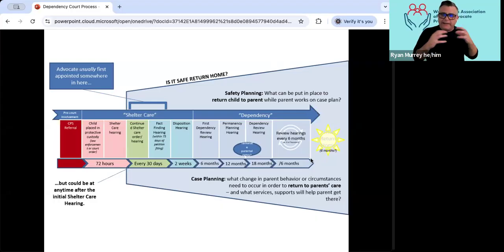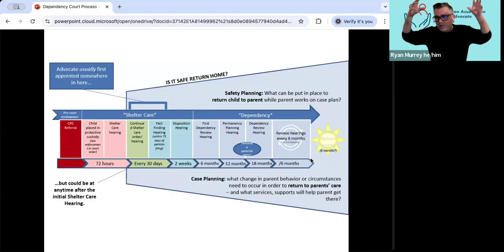Let's go over this very briefly. The dependency court process is divided into 3 stages. First, there's pre-court involvement. That's where DCYF, or the department, potentially may be working with families. That's where CPS referrals come into the system.